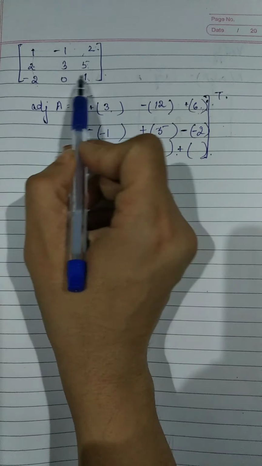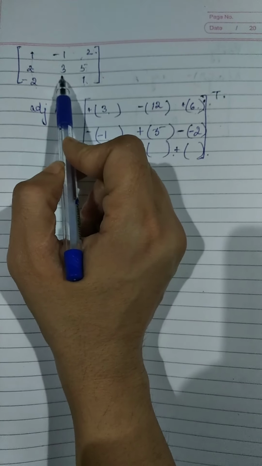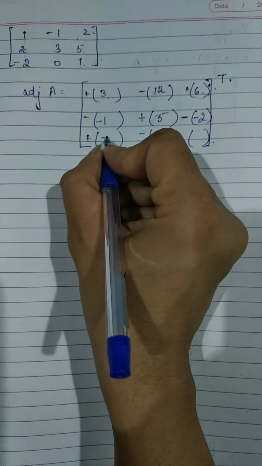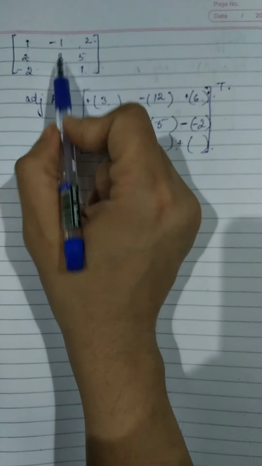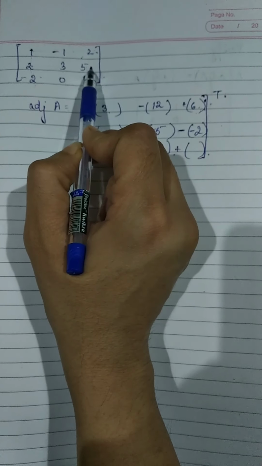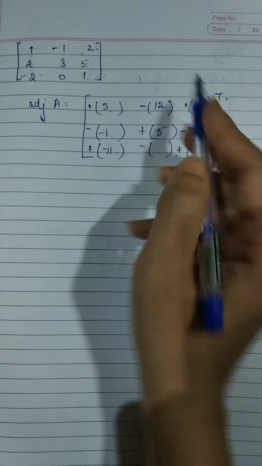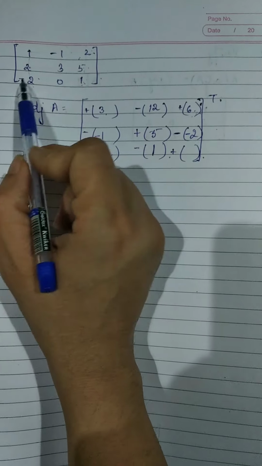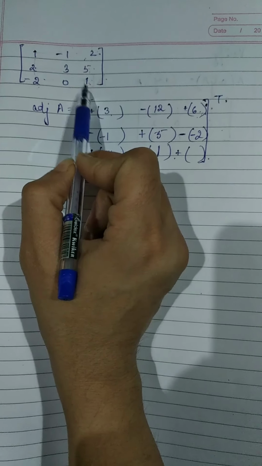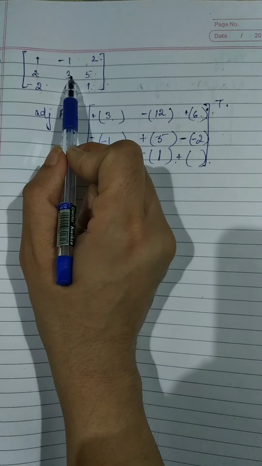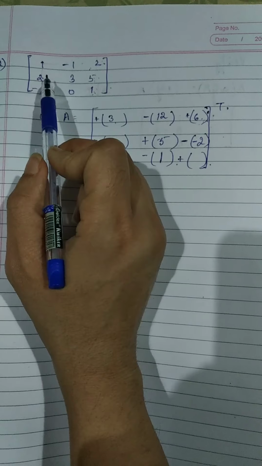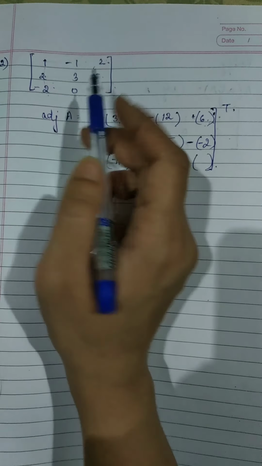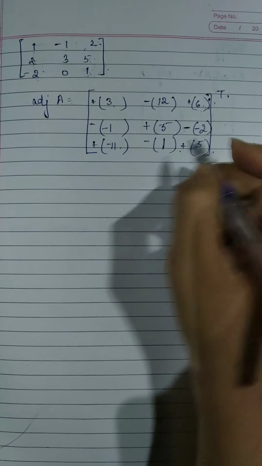Then this particular column, this particular row, we have minus 5, minus 6. That is minus 11. For this element, we have 1, 2, 3, 4 elements whose determinant we have to find out. 5 minus 4 is 1. And then for this particular element, eliminate the row and the column. So we have 1, minus 1, 2 and 3, cross multiply. 3 minus 2. So 3 plus 2, that's 5.